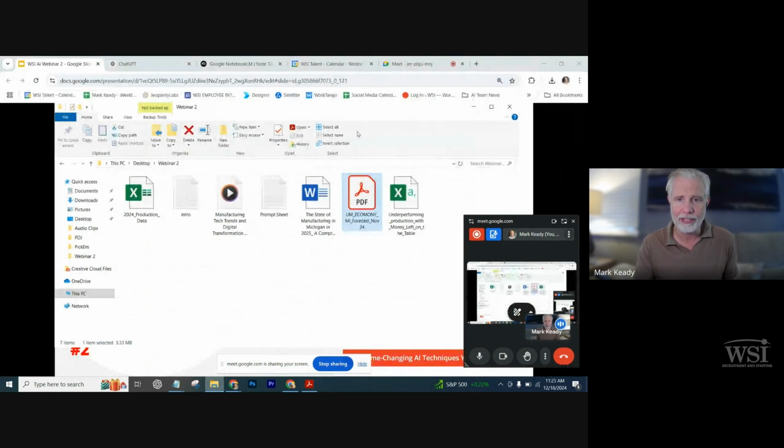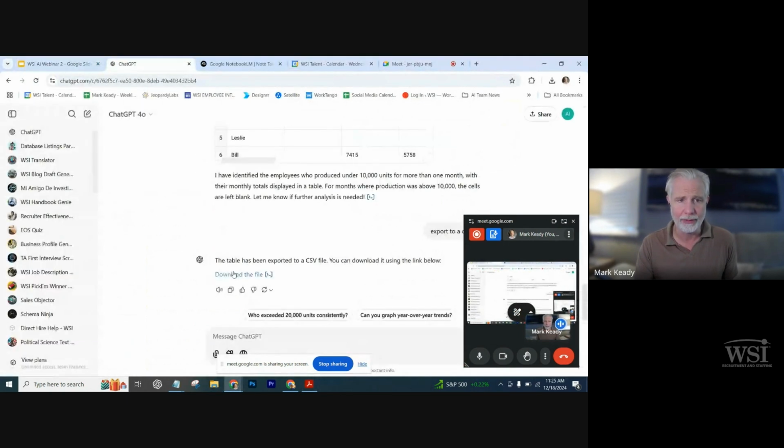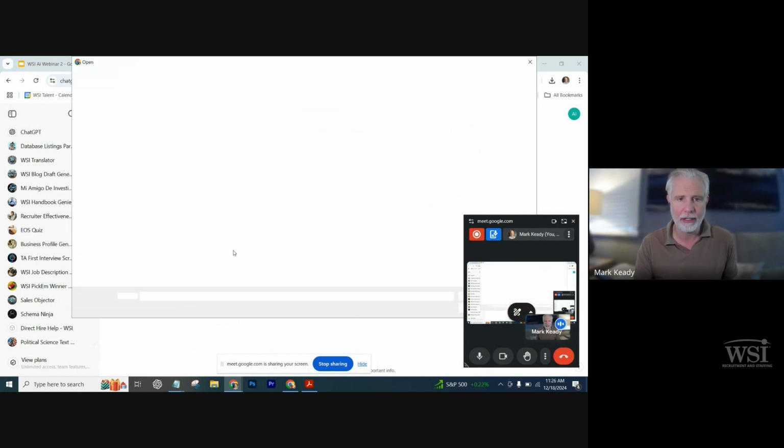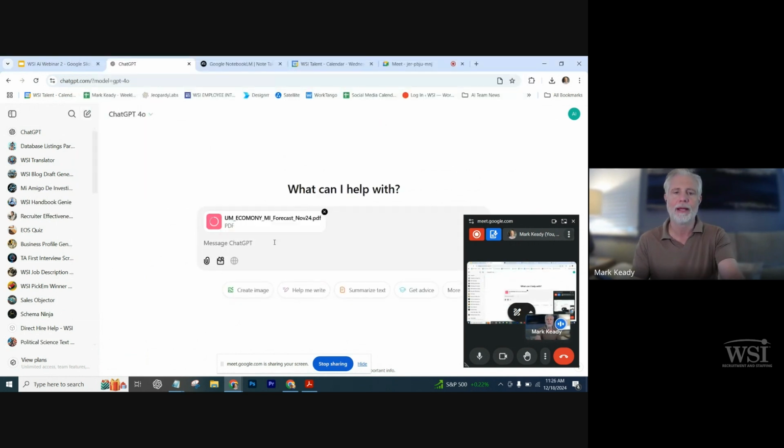Well, cool thing is we can put this PDF into ChatGPT and we can do kind of the same thing. So we're going to open up a new chat right here. And we talked about those models, 4.0, 0.1, all those, that's up here. So we use the 4.0 model in our paid version, but there's also, like I said, several different models you can use depending on your subscription. So let's get back here and find our PDF. This is the Michigan Economic Forecast.